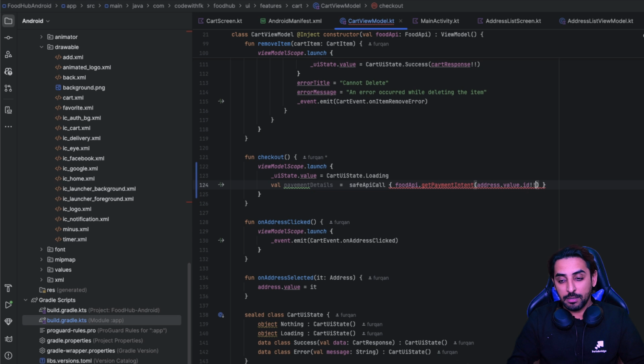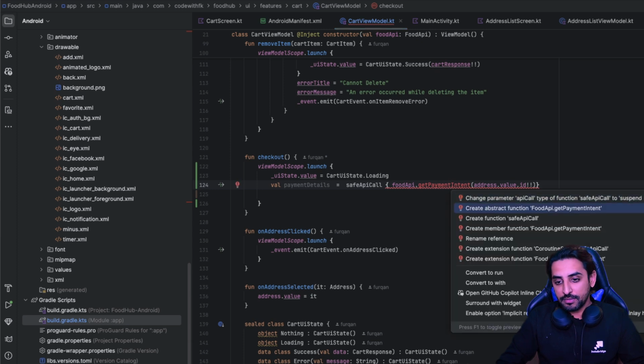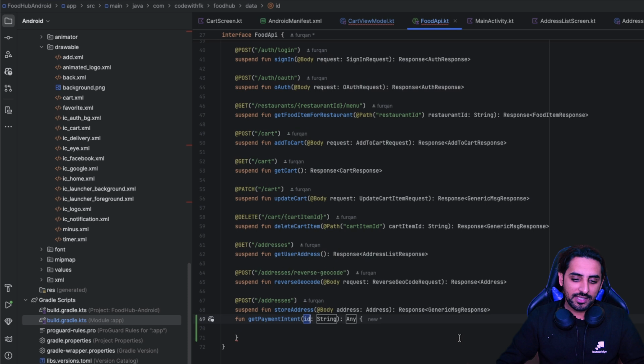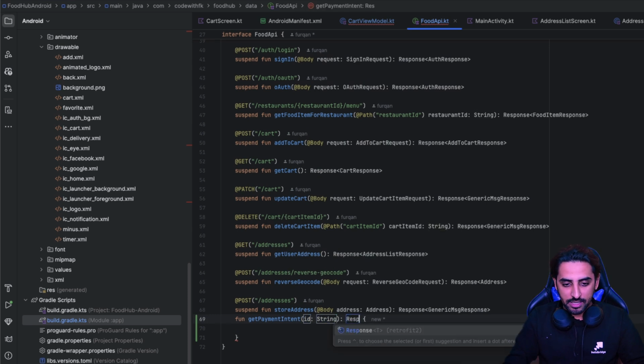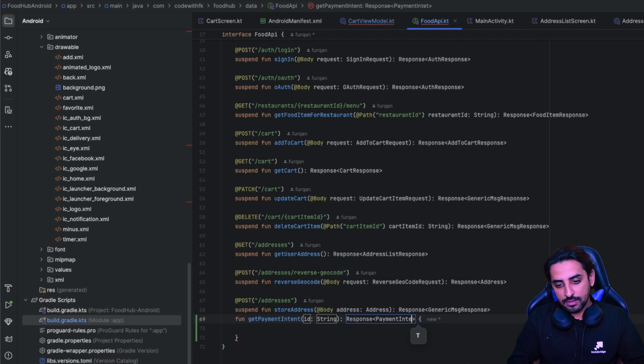This is important. It should be there. Without that, it should not be making any call to the server. That's something that we need to do. Since we don't have any payment method in the class, we are going to create a member function over there. You can see it just created this, and for that I'm going to say it's going to be a response, and that's going to be a payment intent,